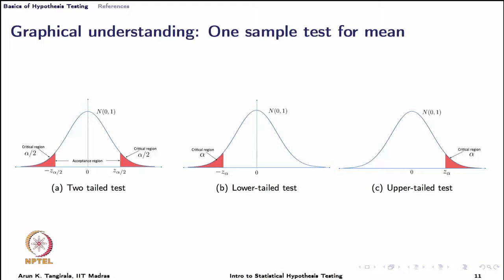Now, one thing that should be remembered is this area. In fact, there are 2 points. The area corresponding to the red shaded region is what is alpha. So, let us look at the two tail test here. We have 2 critical regions shaded in red, and we have indicated the areas to be alpha by 2. Is this always the case? Well, no. It is the case only when the sampling distribution of the test statistic is symmetric.